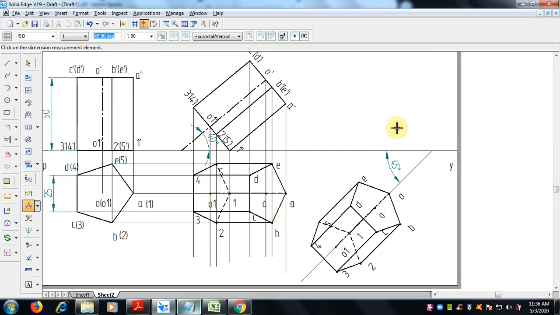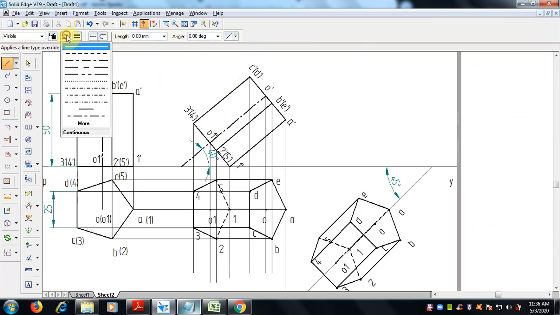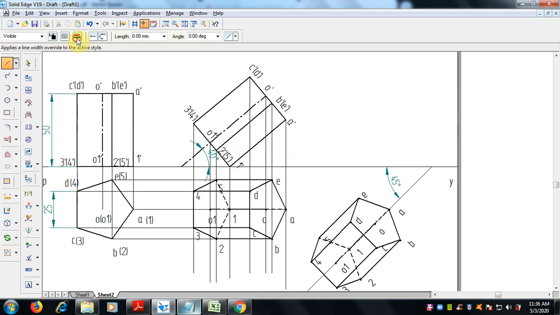Now we can draw the top view. So one by one we have to confirm it and then go. Now draw the projector lines, select thickness 0.13, here A, project lines.